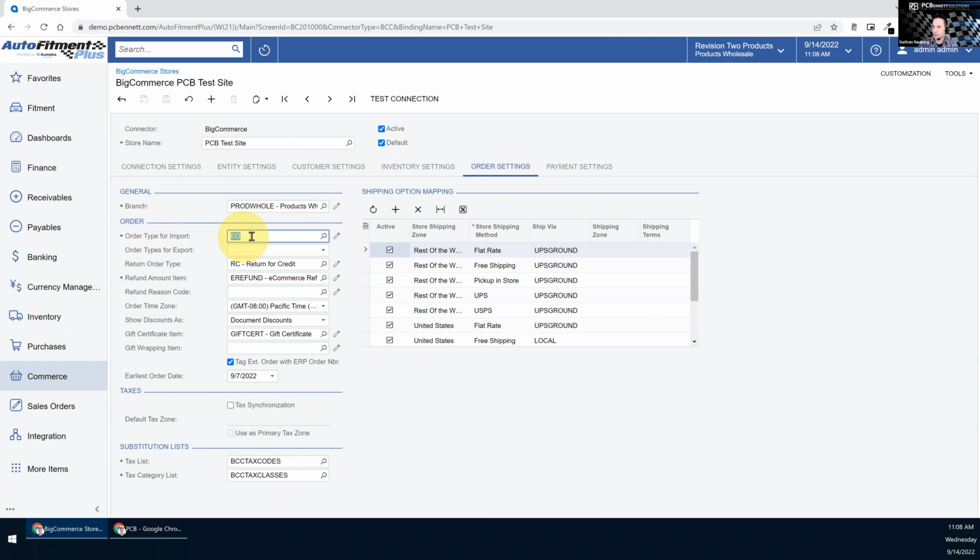Order settings, I'm not going to talk too much about this, but suffice to say that order types can be defined for your e-commerce import orders by store. And there are a lot of powerful things we can do with order types in Acumatica around workflow. So you can